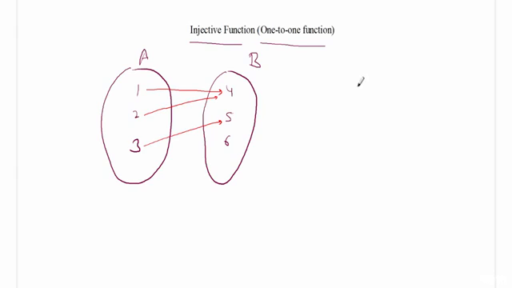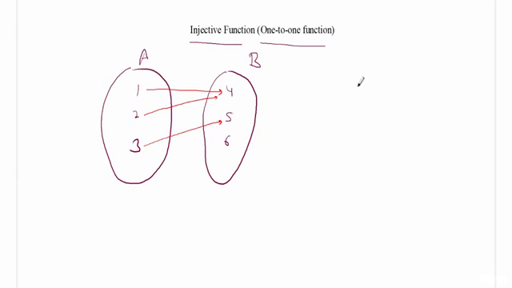One element of set B is associated with more than one element of set A. Like here, element 4 is an image of two elements, 1 and 2. But here, if you see this function, all the elements of B are associated with just one element of set A, right? Such a mapping is called a one-to-one function from A to B. Alright, so by definition a function f from A to B is injective, or one-to-one, if for every element b in the codomain B there exists at most one a such that f(a) = b.